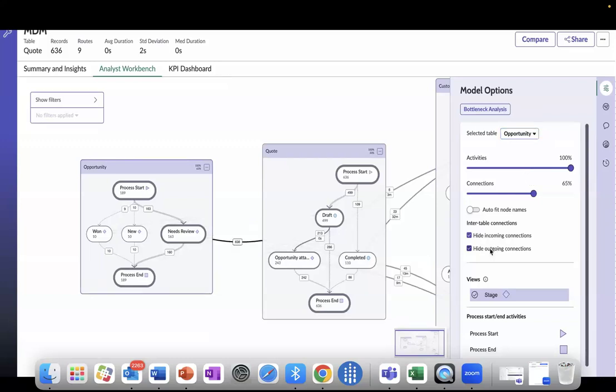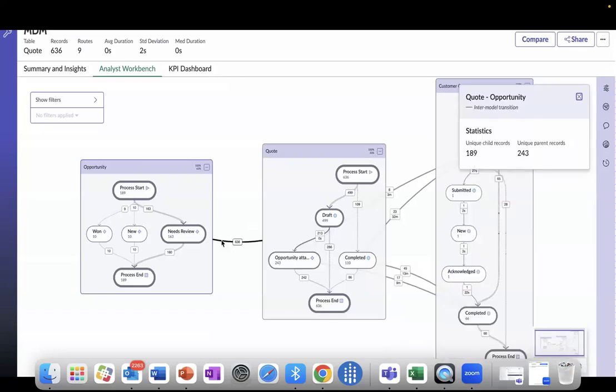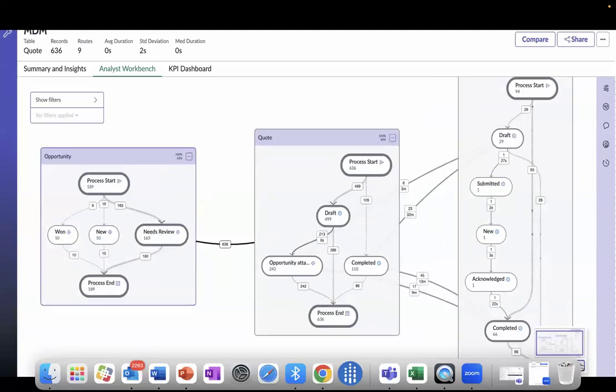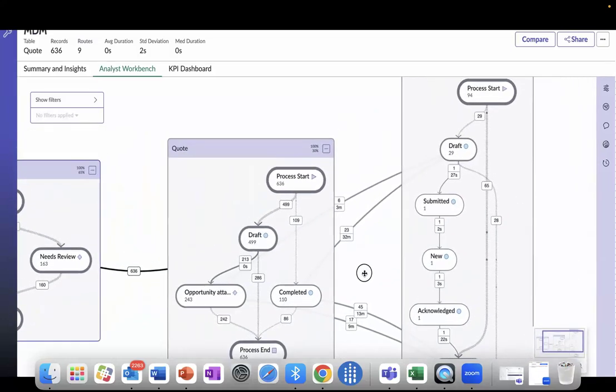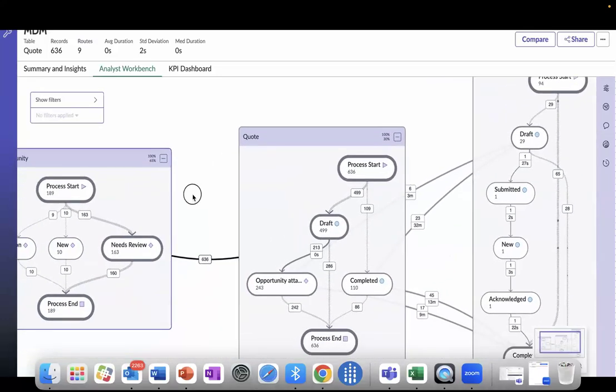You can hide incoming connections, outgoing connections. If the map looks a bit crowded to you, then this is how you can hide the connections to keep it simple for you guys. But the whole idea is that you're able to see how much time from the completion of the code up till the order submission, and how many records took how long.